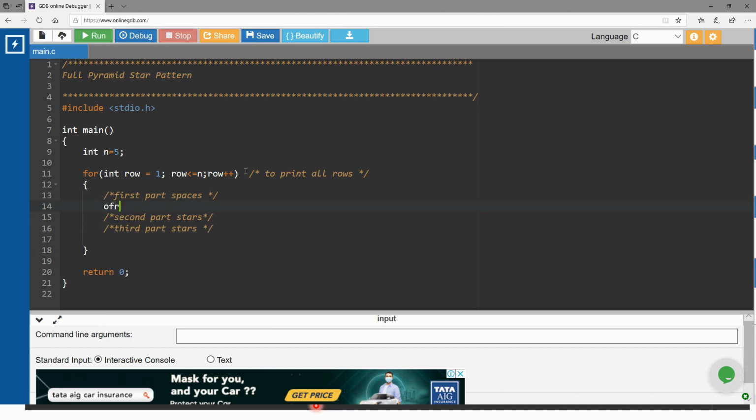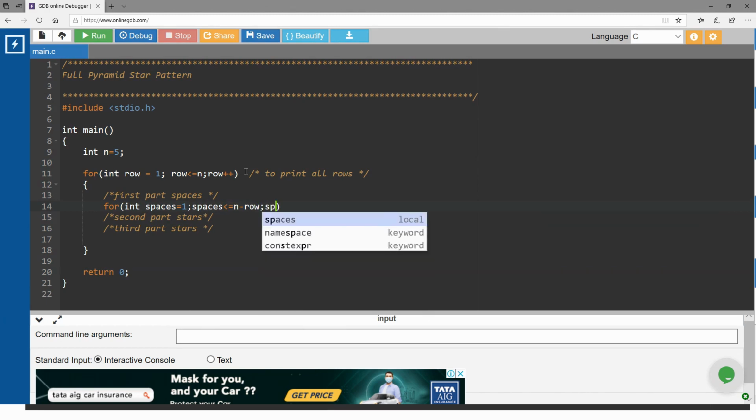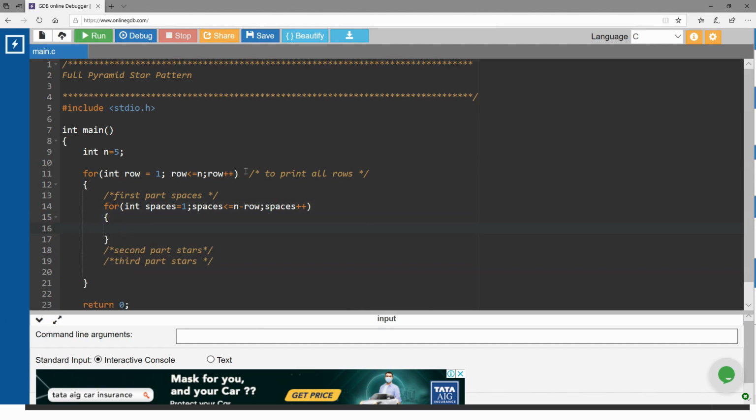For the first part we know: for int spaces equal to 1, spaces less than or equal to n minus row, spaces plus plus. Here printf a space. This is done. Let's go with the second part.